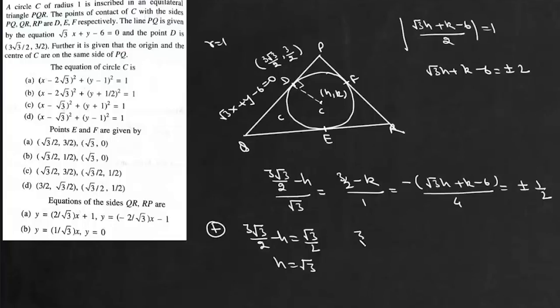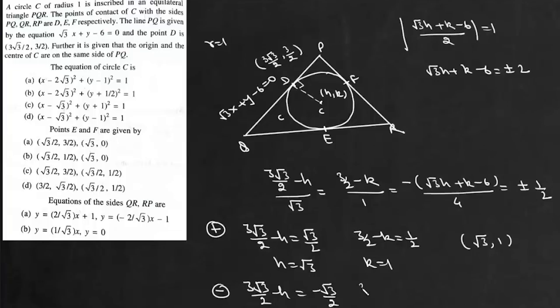And here 3 by 2 minus k is equal to 1 by 2. Then the value of k is 1. So this center will be at root 3 comma 1. And if we take this minus sign, then we get 3 root 3 by 2 minus h minus root 3 by 2, and 3 by 2 minus k is equal to minus 1 by 2. Now in this case, the value of h is 2 root 3 and the value of k is